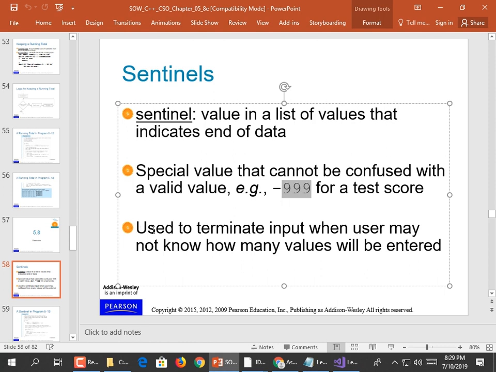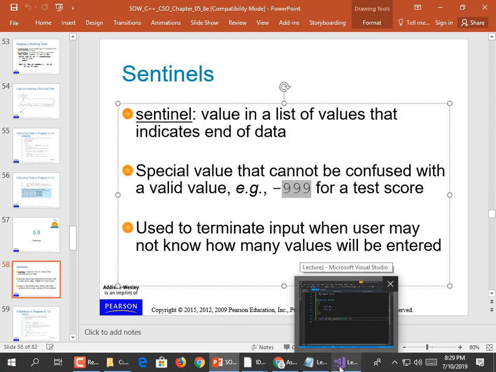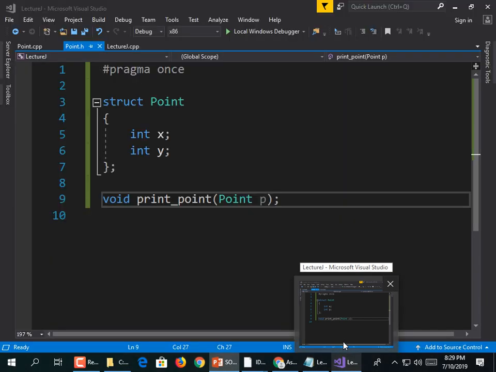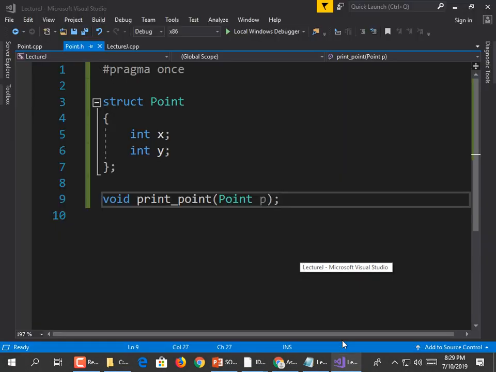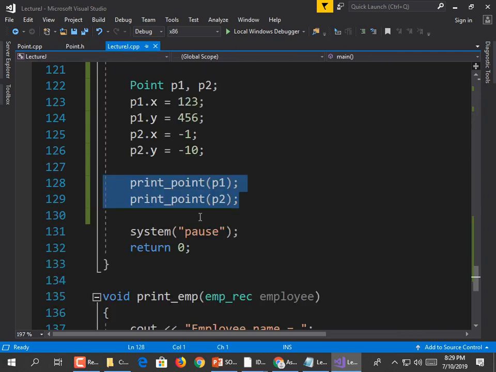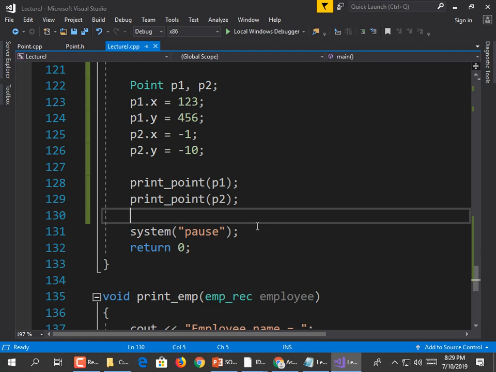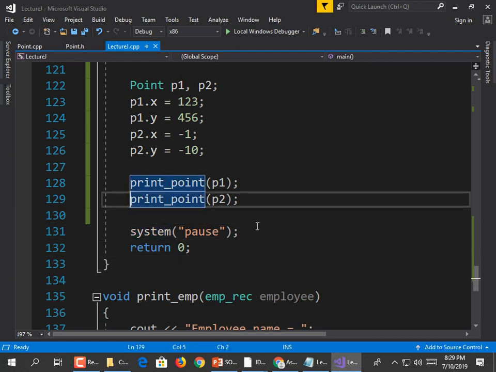And you use it to terminate indefinite loops when you don't know how many things you're going to process. You don't know how many test scores, right? Or you don't know how many pieces of data you're going to read. So something like this. Let's write a program that asks for test scores and adds them to a total. And I want to do that inside main. And so I'm going to go back and find my main, and right above the system pause inside of main,